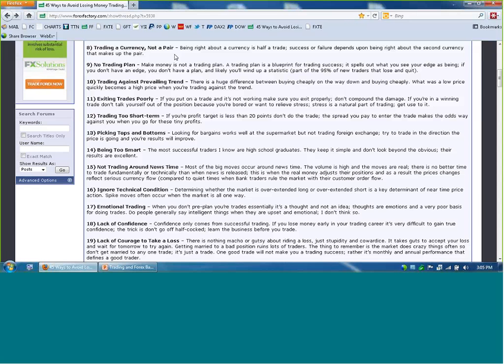Picking tops and bottoms, bargain hunting at the supermarket does pretty good. You clip your coupons, you can save a few bucks. But if you want to make money trading, try and stick with trading in the direction the price is going. It makes a lot more sense. And we refine that quite a bit in our different programs, where in different time periods we look at tops and bottoms, but in shorter, fine-tuned time periods, we're actually moving in the opposite direction.